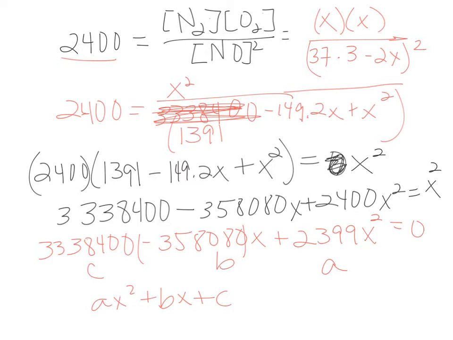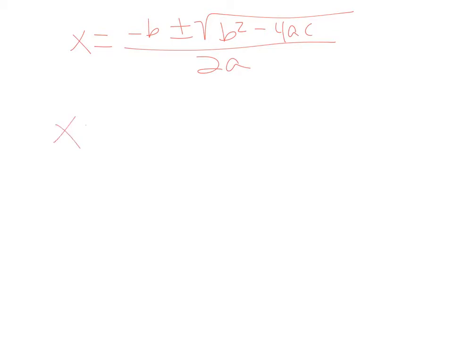So now we're going to use the quadratic formula to solve for x, because once we get x, don't forget we have to substitute that back in, and we'll know what our N2 and O2 are, and we'll have to figure out our NO. So let's do that on the next page. So we should have x equals minus b plus or minus the square root of b squared minus 4ac, over 2a. So I'm going to have x equals minus b, and my b, if you were writing this down, is negative 358,080. So this becomes a positive. And I'm going to do this twice. So I have plus